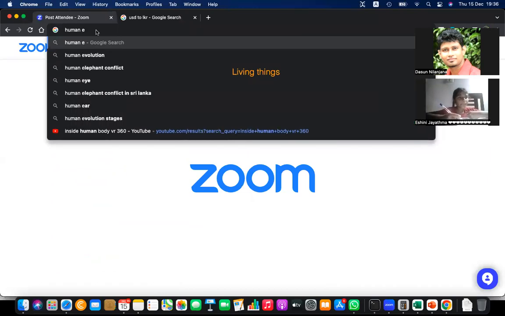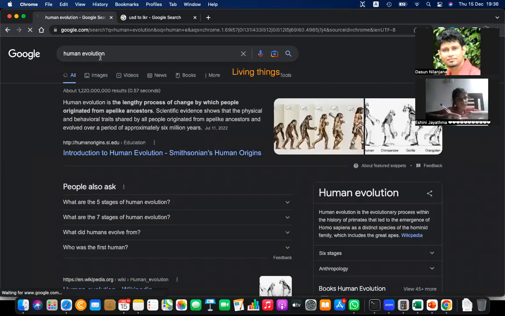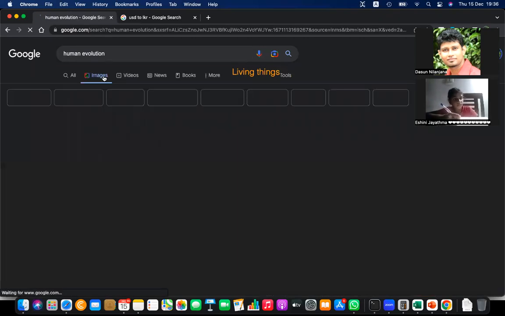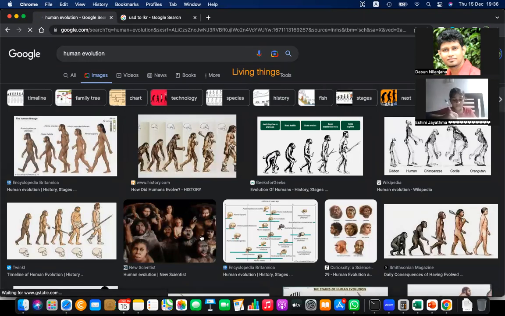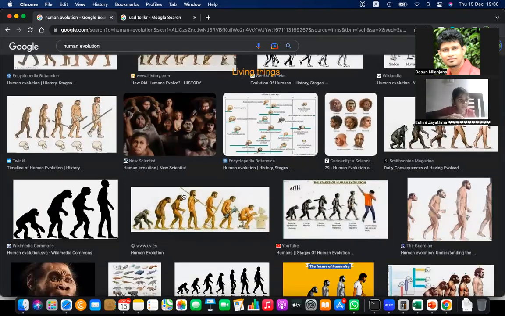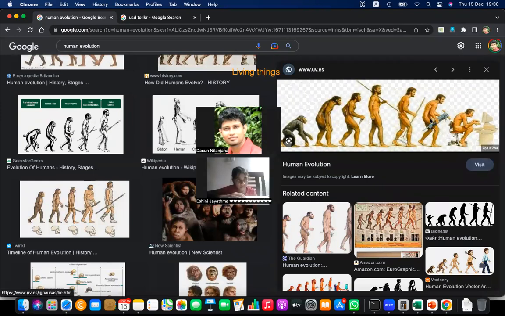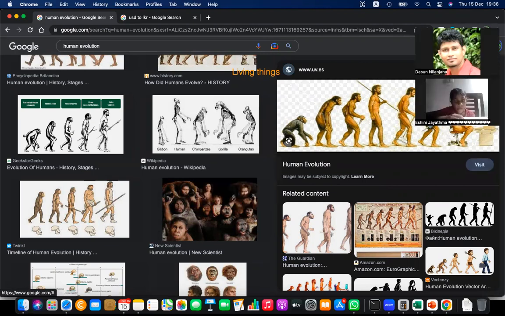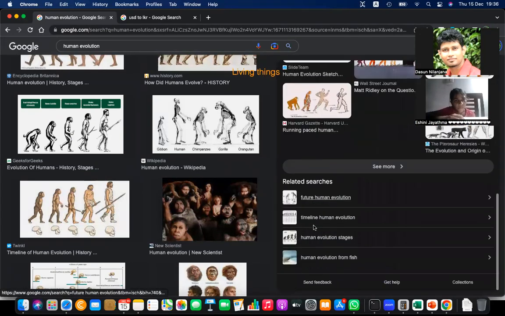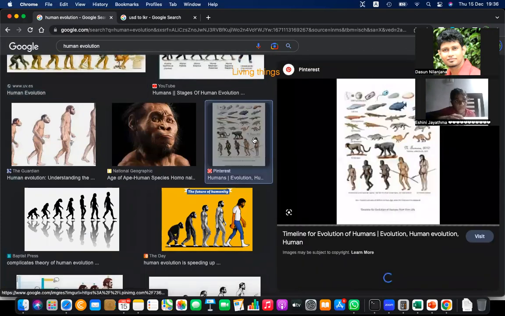Human evolution. Okay, so actually we had Homo neanderthals, different versions, and even before that, right? You can see here, these are our ancestors, and the last one is like you and me, in front of a computer. It's not actually the thing. So let me show that there is a big, giant tree.